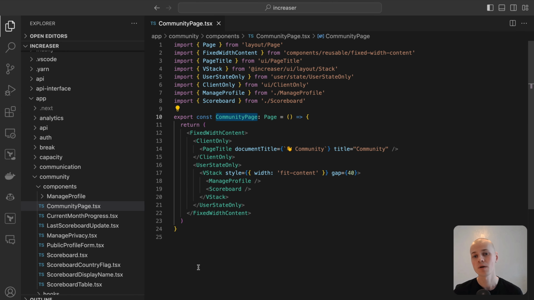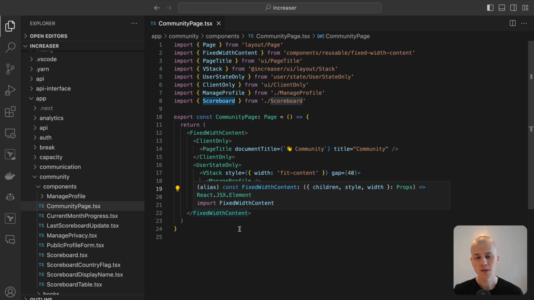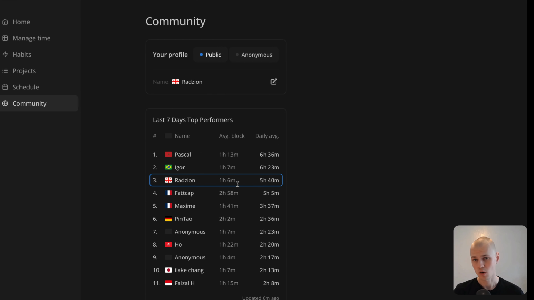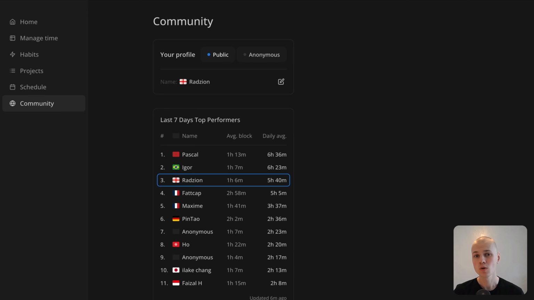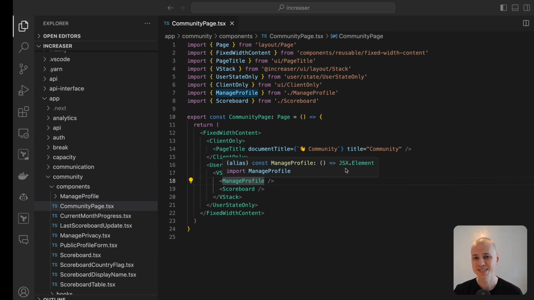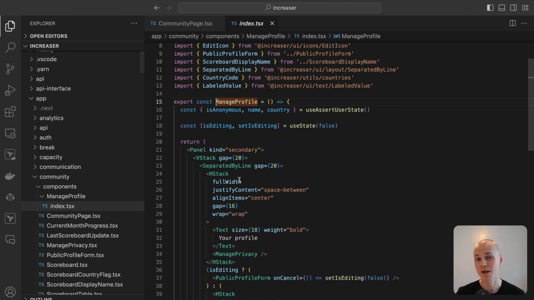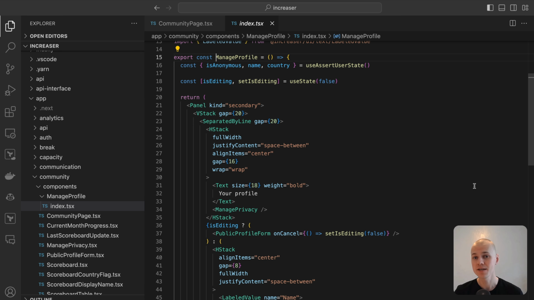This page primarily consists of two components: Manage Profile and Scoreboard. By default, every user is anonymous on our platform. While the scoreboard includes these anonymous users, their names and countries remain hidden. The Manage Profile component is specifically designed to enable users to make their profile public and edit details like their